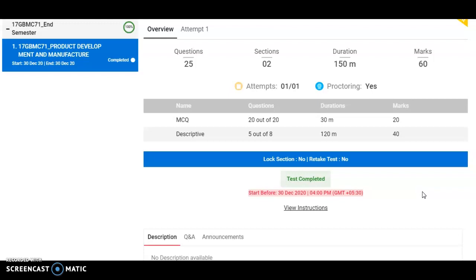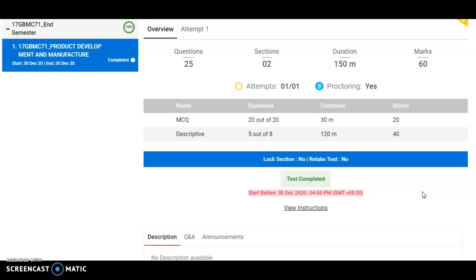Below the question there is a descriptive box where you can describe your answer, or otherwise you can write the answers on a sheet. Then you have to upload that in an image format. Okay, so in order to avoid page confusion, it is better to number the pages 1, 2, 3, 4. Likewise for the descriptive questions you have to give answers. So totally, out of 8 questions you have to give answers for any 5 questions.